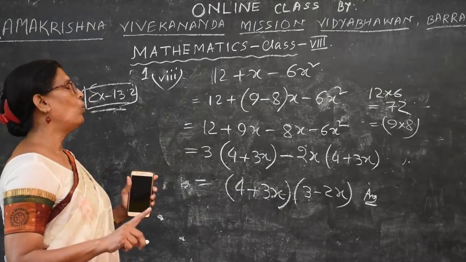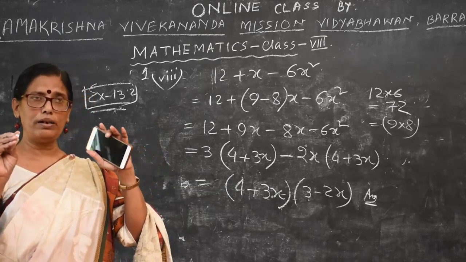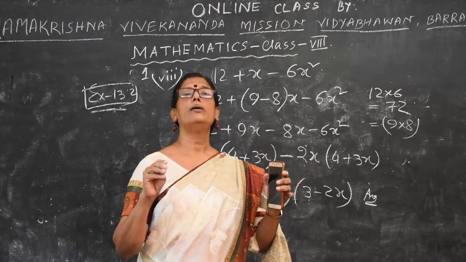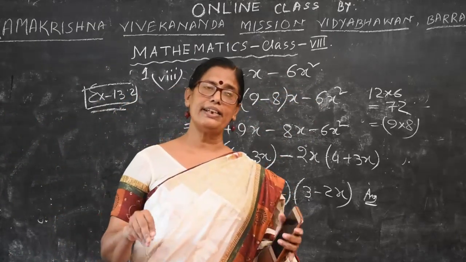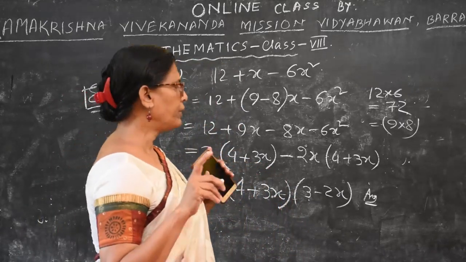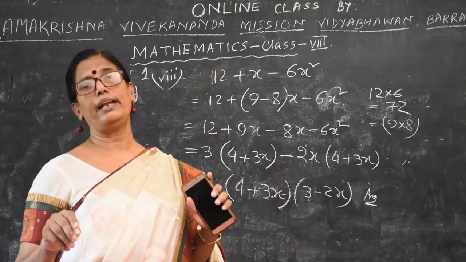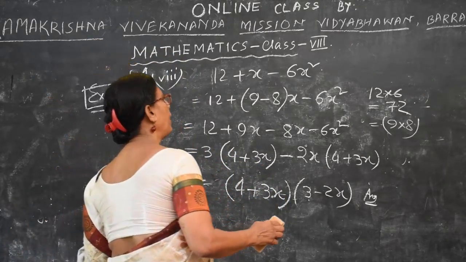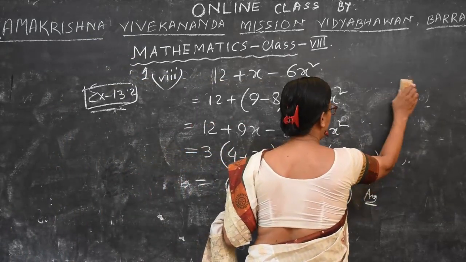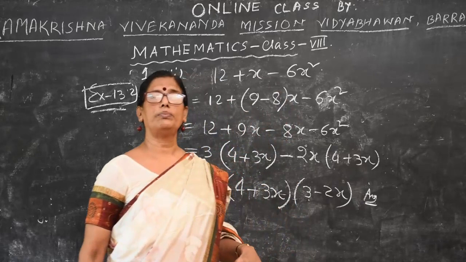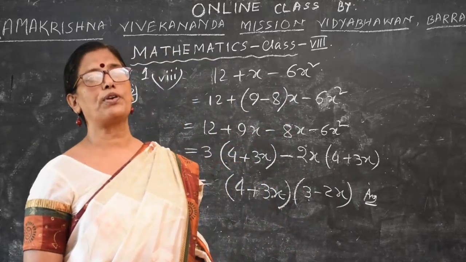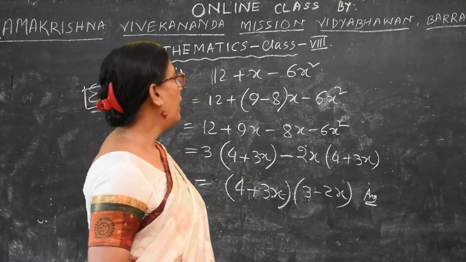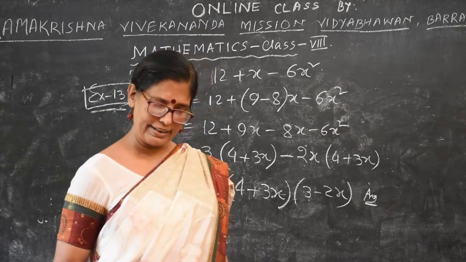Whatever it may be, we go for the all-number terms, all digits without x and with x square. Multiply these two and factorize in such a manner that from these two factors our motto comes, that is the middle term, maybe by the plus or maybe by the minus. First one from the 13.1, 7 comes from the plus 4 plus. The next one comes from the minus 9 minus 8 1.